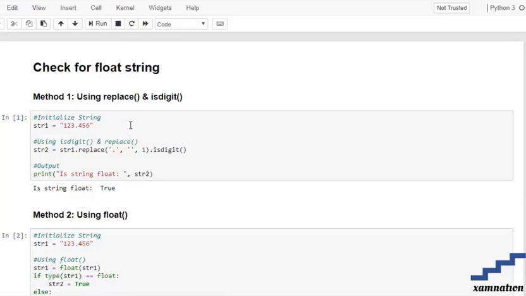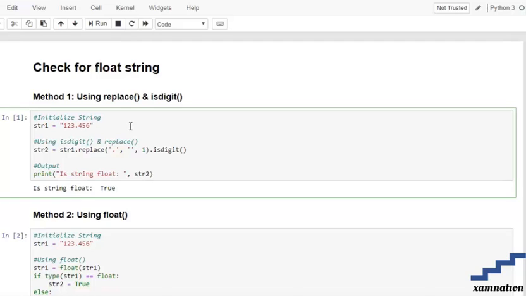So first we are going to initialize our string. After that we are going to use the isdigit and replace methods. So what we're doing over here is string dot replace: we are replacing our dot with null, that is with no content. We are removing the dot, and after that we are checking whether the given string is a digit or not after removing the dot, and that value we are storing into the string number 2,